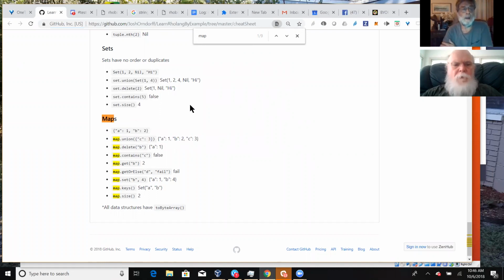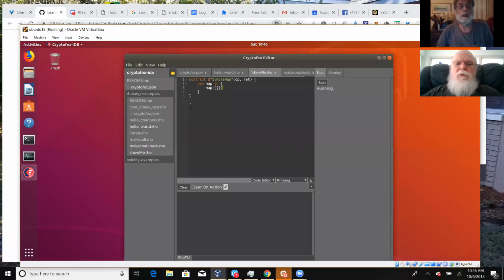So now, in parallel with creating the map, we want to define a contract.